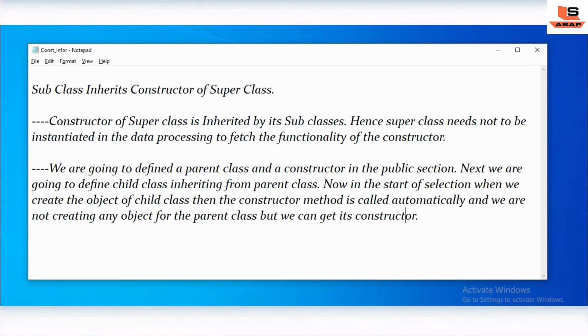Today we are going to create a parent class and define a constructor in it, and we will create one more class as a child inheriting from the parent class. In the start-of-selection we will create the object of the child class. We are not going to create any object for the parent class, but we can still get this constructor. So let's go to SAP and see it practically.